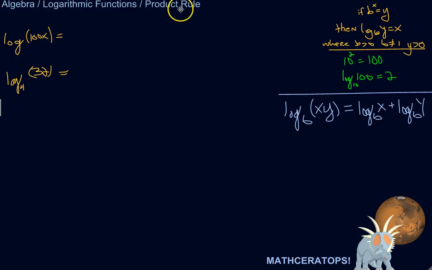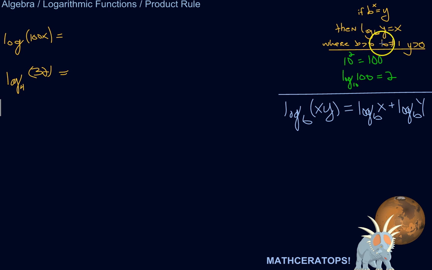All right, let's look at the product rule for log functions, and that says if you've got a log with some base of x times y, that's equivalent to log of that base x plus log of that base y. And I want to show you why or how that would be true, just to give you an example,